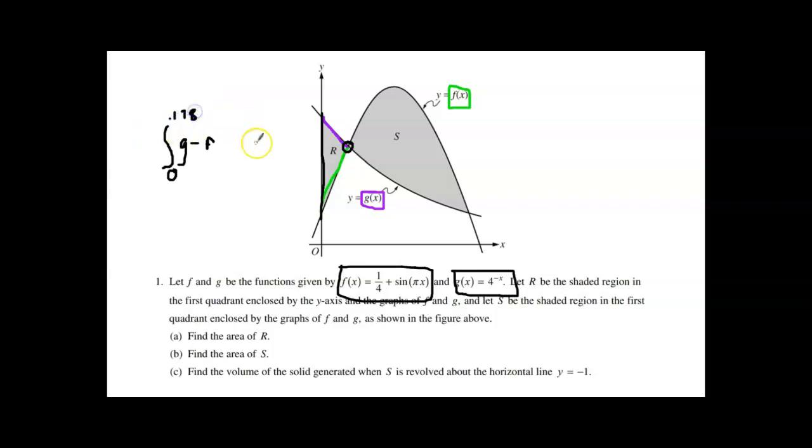And then from there, we're just going to type this thing into our calculator. So let's go ahead and do that. Once again, I would recommend typing in the f function as your y1, and typing in your g function as your y2, and then I would do the integral with the y1 and y2 here rather than trying to type the whole functions into the integral itself. Also, when you found your intersection point, the best way to do this would be to